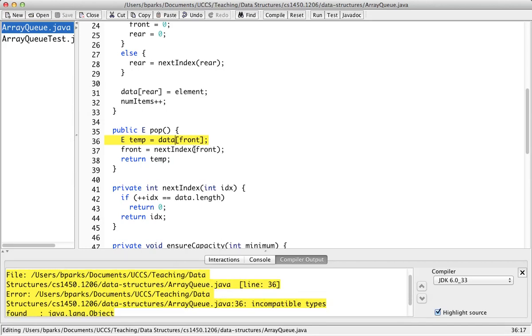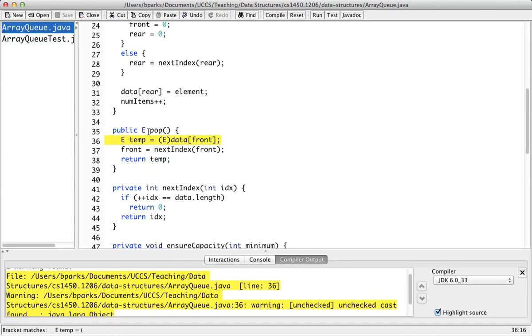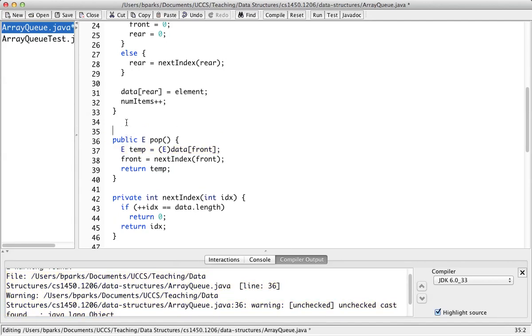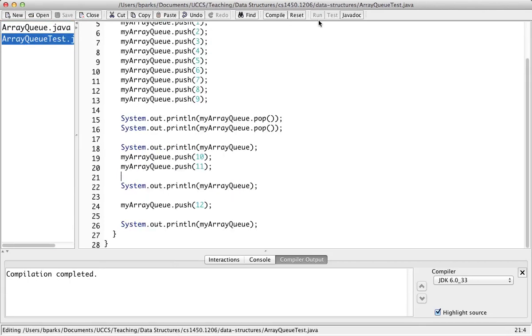What's going on? Oh, right. Of course. Data is an array of objects, so we need to actually cast that to an E. We know it is an E because that's the only thing we can push onto this queue. And we need to add that annotation to say, yes, I know this is unsafe, but I'm making sure that it's actually safe. That's accomplished using @SuppressWarnings unchecked. Now we should be able to compile with no problems. Go back here and run it,